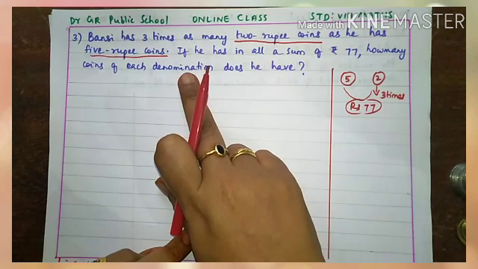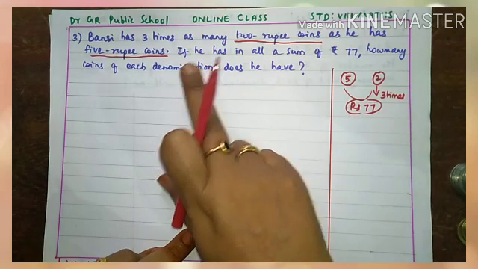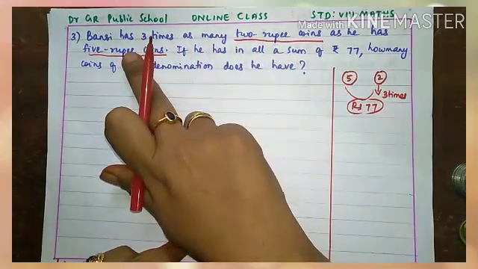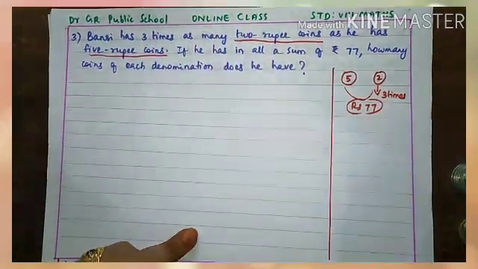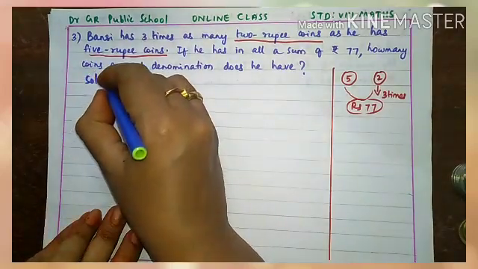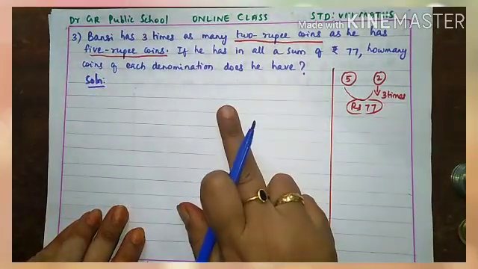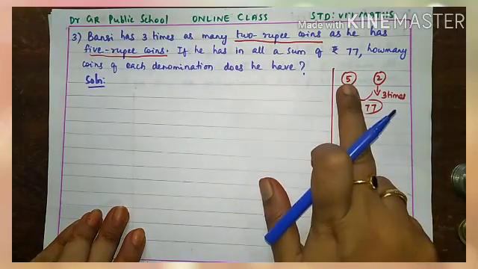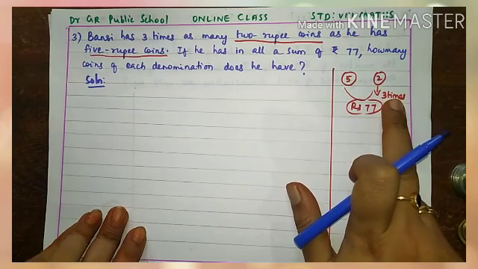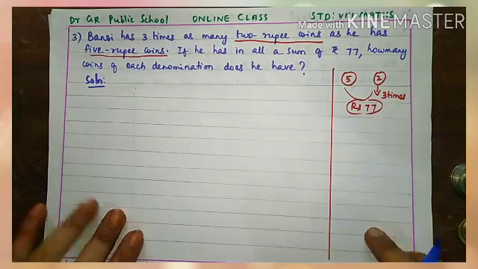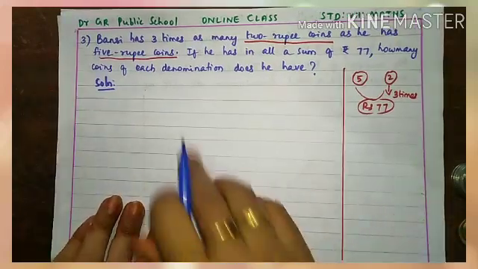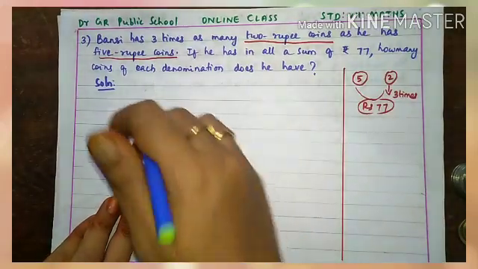So we are going to find out the denomination here, how many 2 rupee coins are available and how many 5 rupee coins are available. Okay, so we can start the problem. How to start? Solution. What is our first step? Here you see 5 rupee coins are the smaller number and 2 rupee coins are 3 times that of 5 rupee coins. So I am going to take this smaller number, the 5 rupee coins, as our unknown variable x.